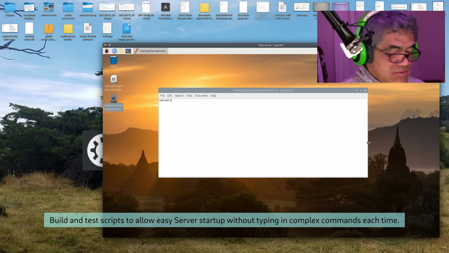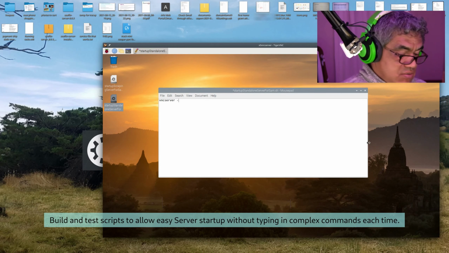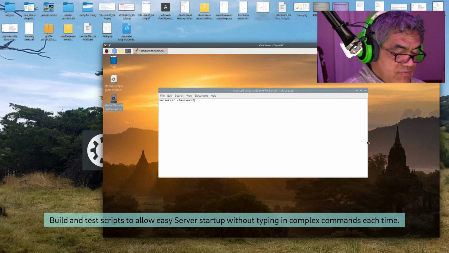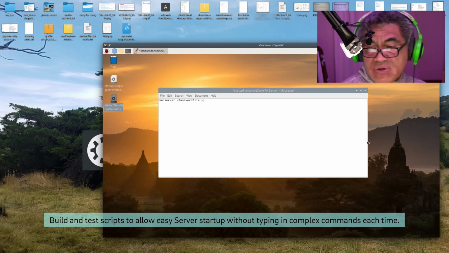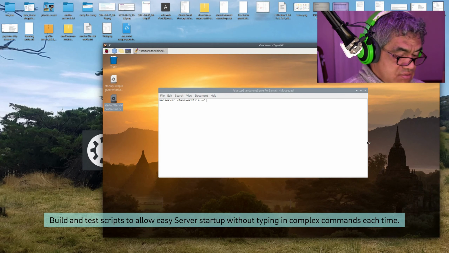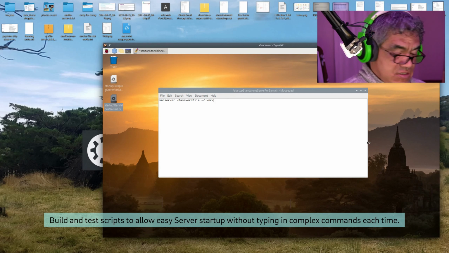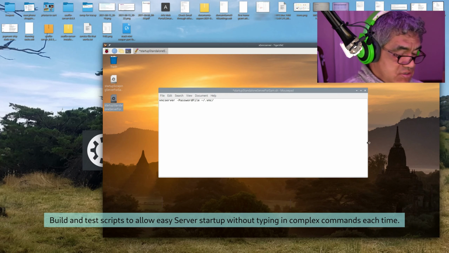VNC server, switch capital P password file. Let's put the squiggle in there, /.vnc/ and then let's enter our password file, which is